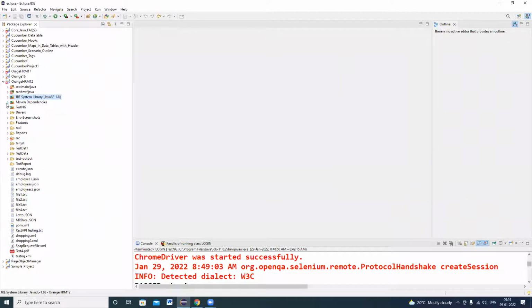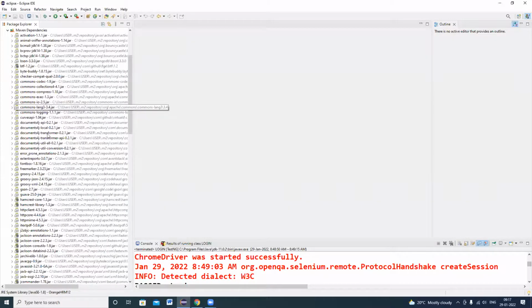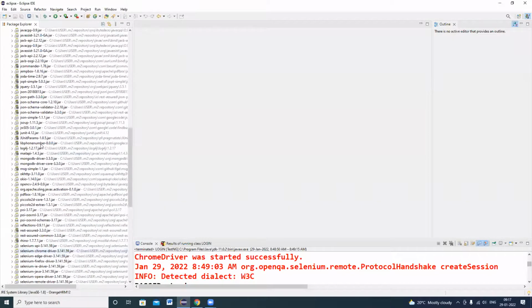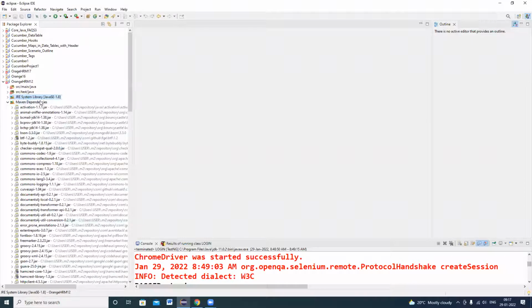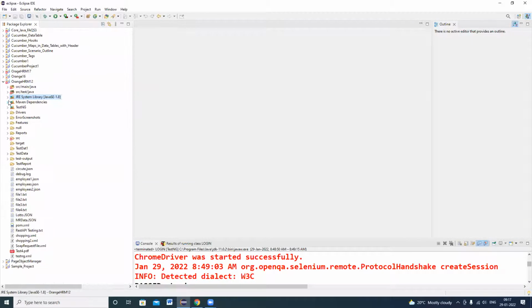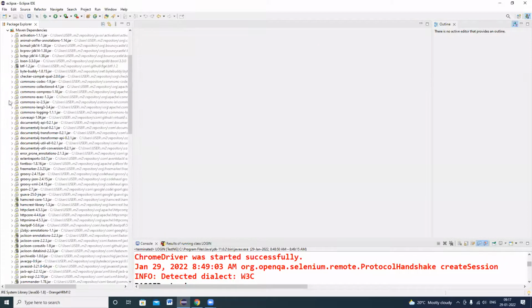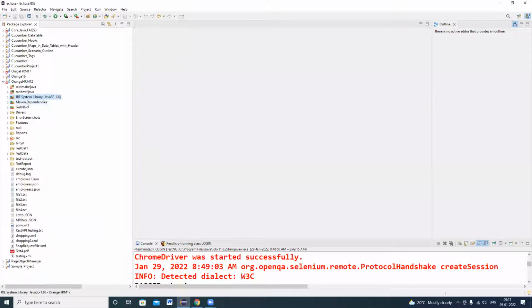And under Maven Dependencies, these are the Selenium supporting libraries, the jar files. These jar files have to be available in your project. In case you are not able to see these Maven dependencies, what is the step that you need to perform? You have to perform two steps. One is,